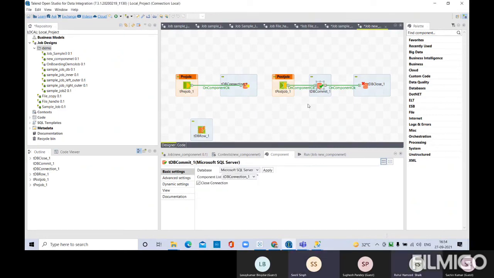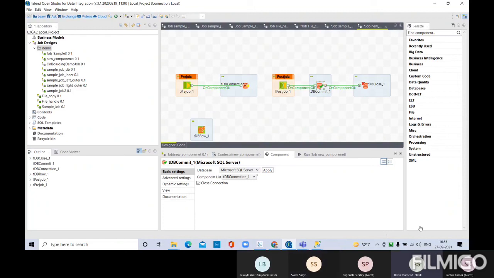DB commit, in general database, if you are running any DML operations. I'm not sure whether you guys are aware of SQL database connection concepts or not. Basically, in database, we will have four things: DML, DDL, TCL, DCL. These are the four different SQL statement types we have in all the databases. The main ones are DML and DDL.